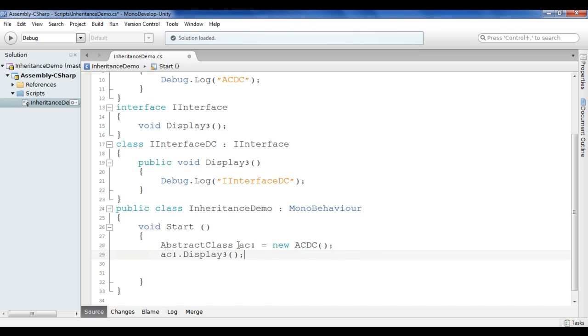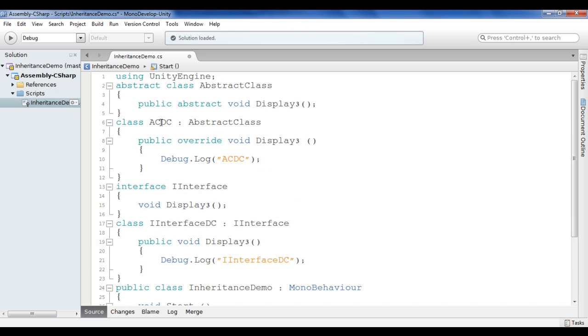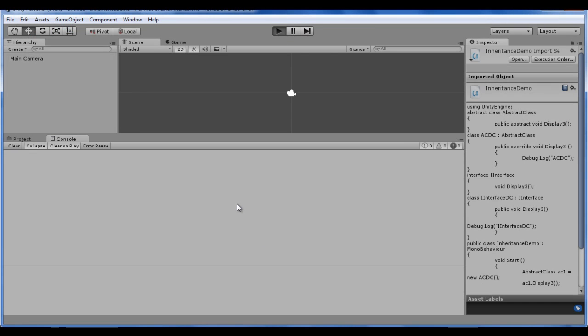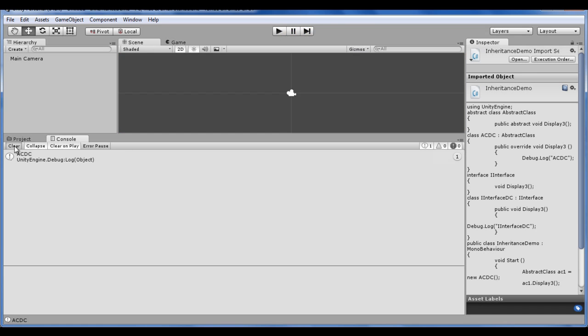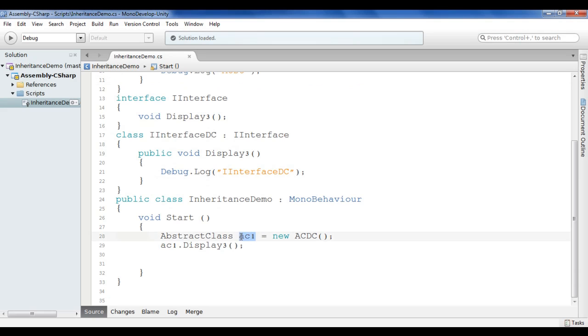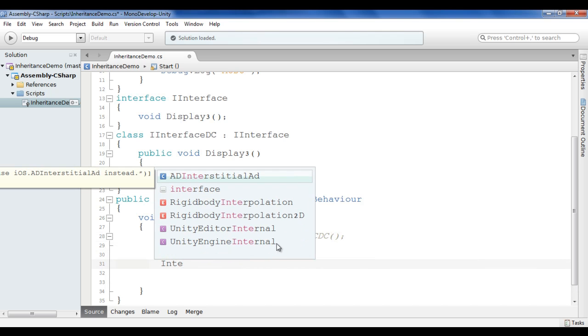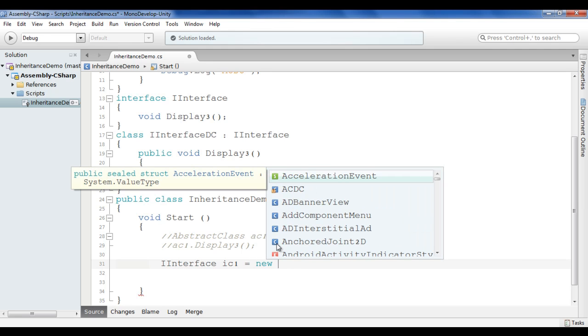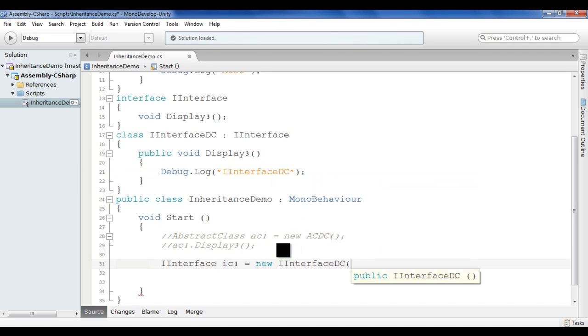Now what happens here? We know that AC1 is pointing to ACDC, and we are calling the display3 method from the ACDC class. If I save and go to Unity, we will not be having any error message. And if I run the code, we are going to get the output ACDC. So we can create a reference of an abstract class to point to any of its children to execute their members. I hope you guys have understood. This is possible. Similarly, I can create a reference of an interface, IC1, and I can put the address of a new InterfaceDC();